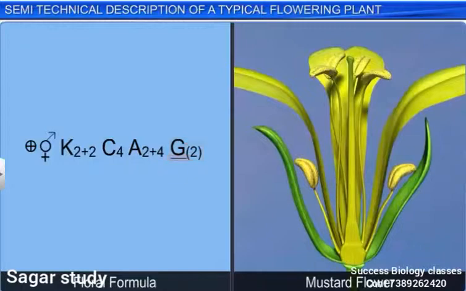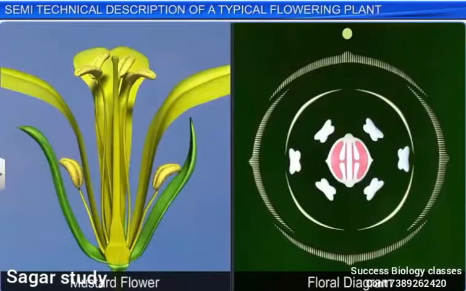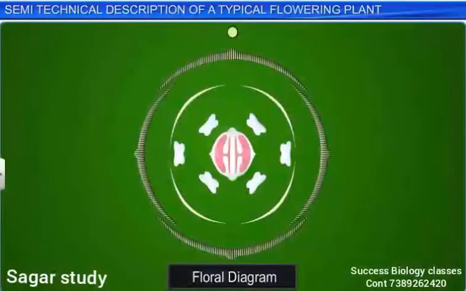The floral formula of a flower is usually accompanied by its floral diagram. The floral diagram is a graphical representation of the cross-section of a flower and provides information about the different parts of a flower, their arrangement, and the relationships between these parts. The outermost whorl in the floral diagram is the calyx, followed by the corolla,